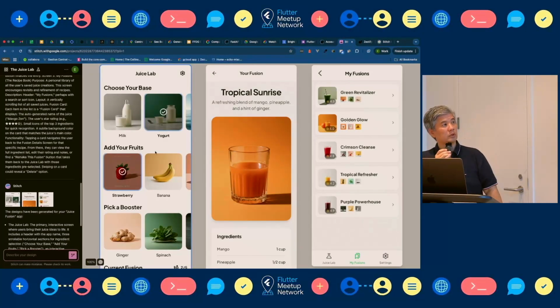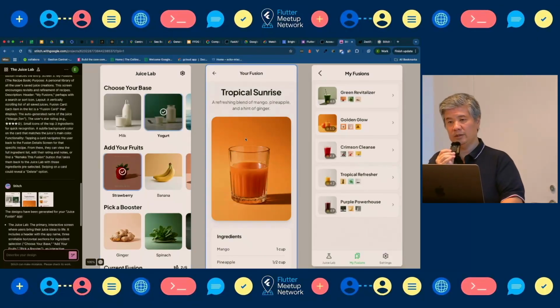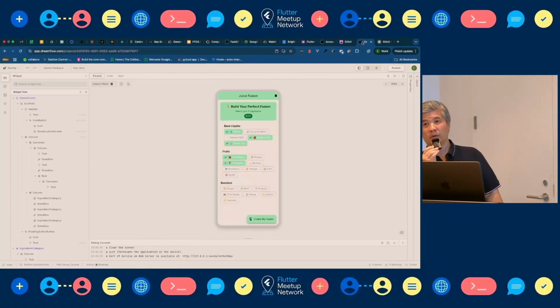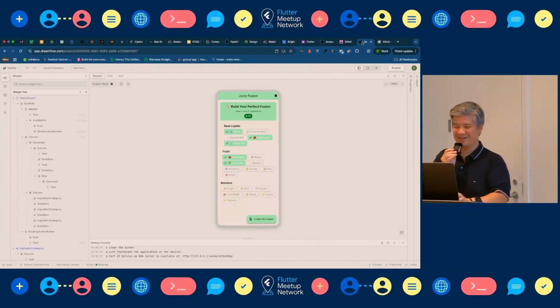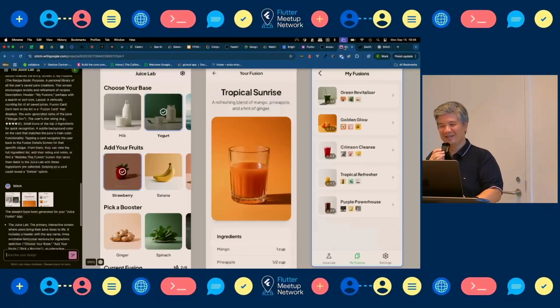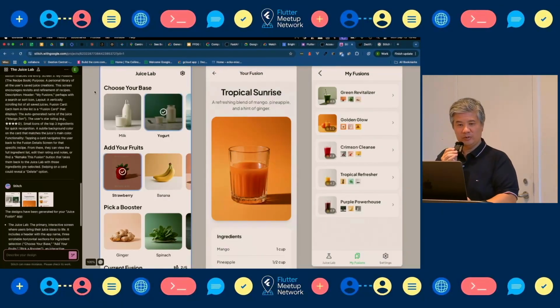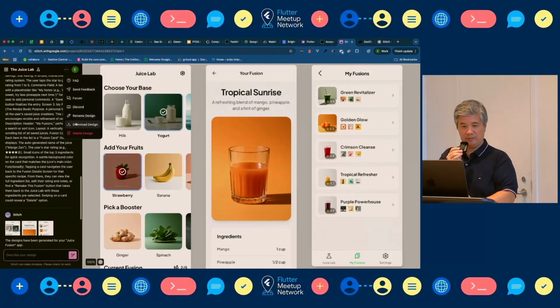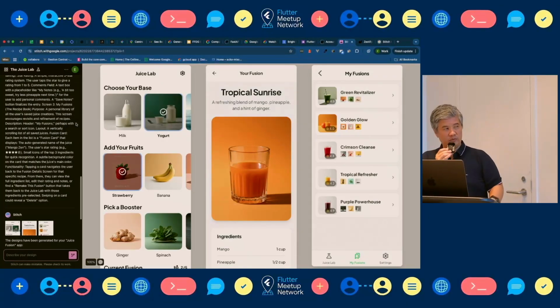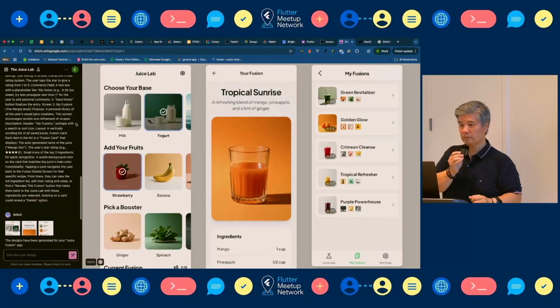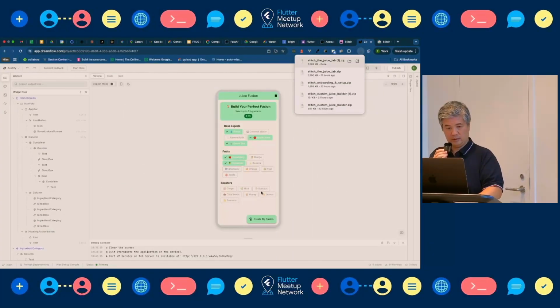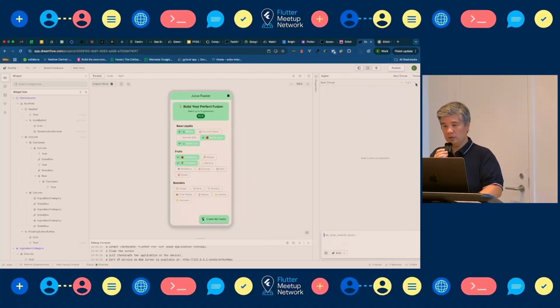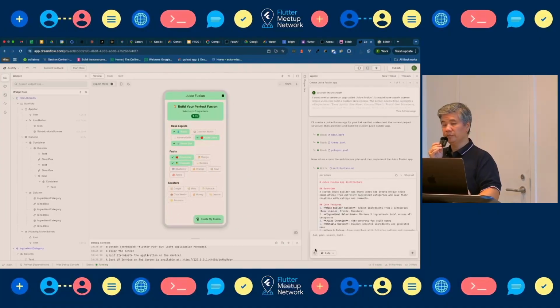Okay, so what do you think about this design and the design proposed by FlutterFlow? It's better, this one? Okay, well, we're going to try something. I'm going to download the design, and we're going to ask DreamFlow to match this design. The question is whether it's going to be able to do it. I think the next step will be maybe to export it to Figma.